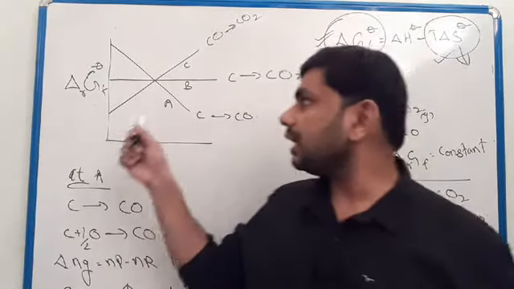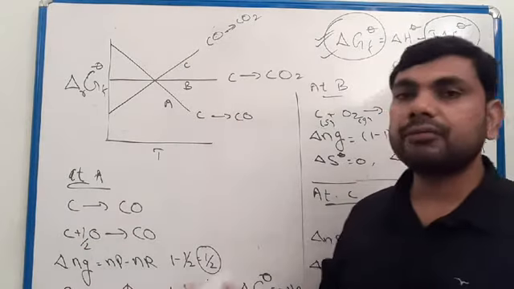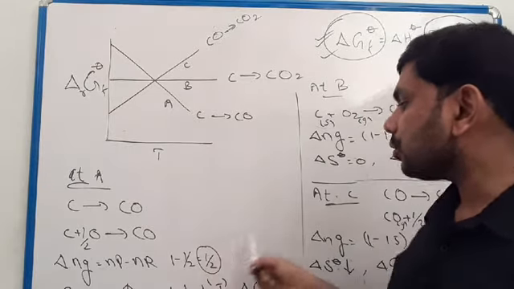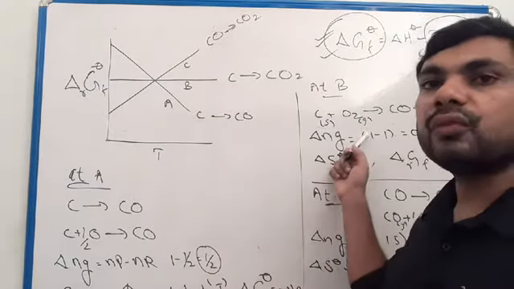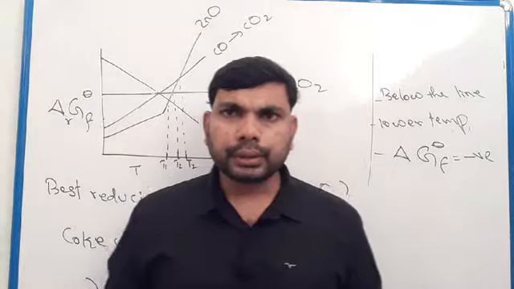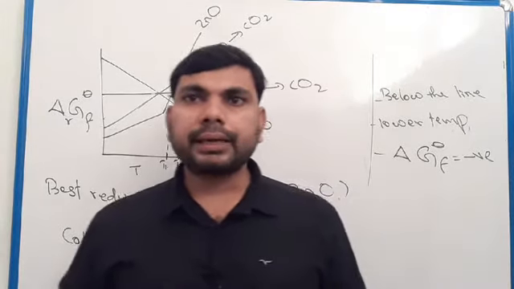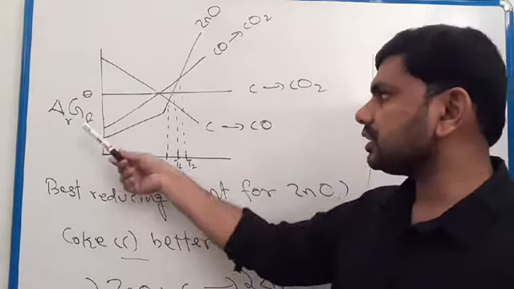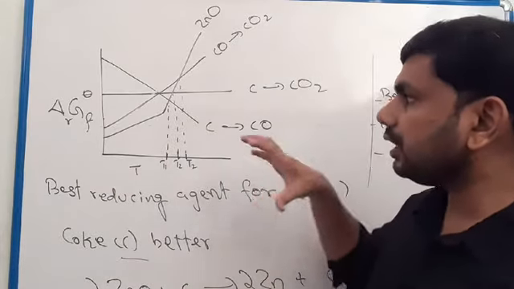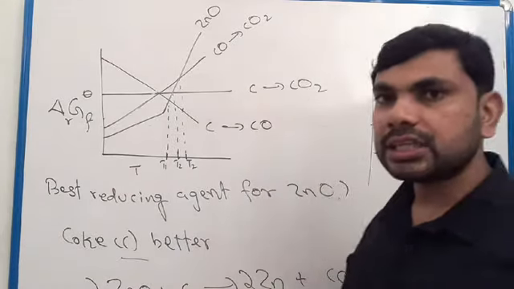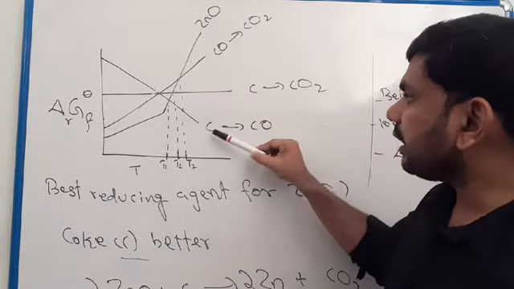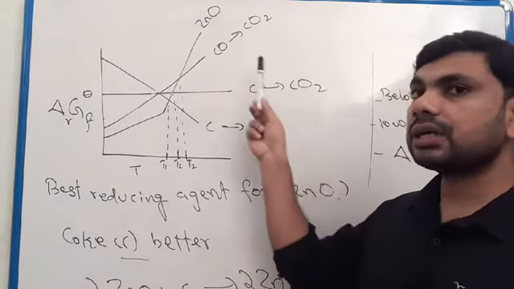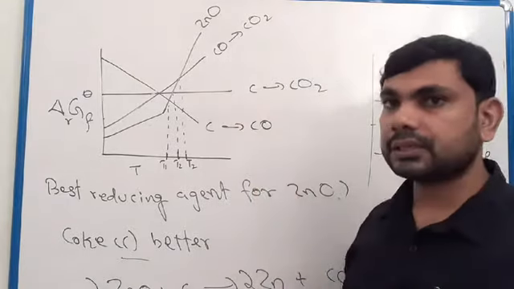Okay, so this is the Ellingham diagram. According to this graph, we can predict whether the chemical reaction is spontaneous, non-spontaneous or shows no variation. Clear? Based on the Ellingham diagram, here is one question. Here one graph is given, delta G against temperature, and here 3 reducing agents are given. These are the 3 reducing agents: carbon to carbon monoxide, carbon to carbon dioxide, carbon monoxide to carbon dioxide.